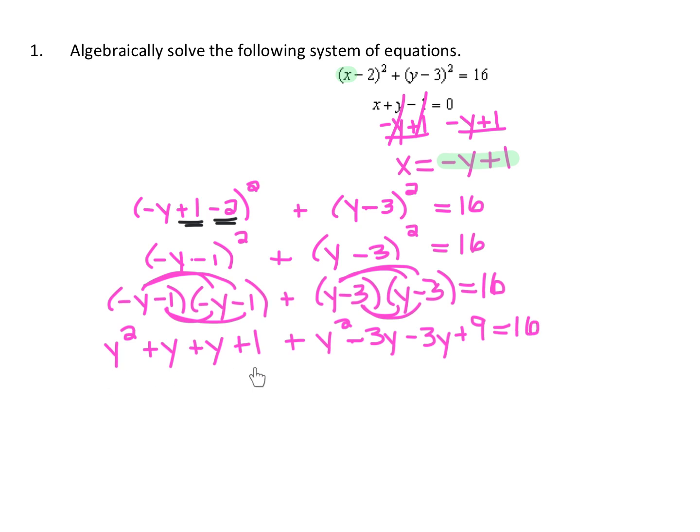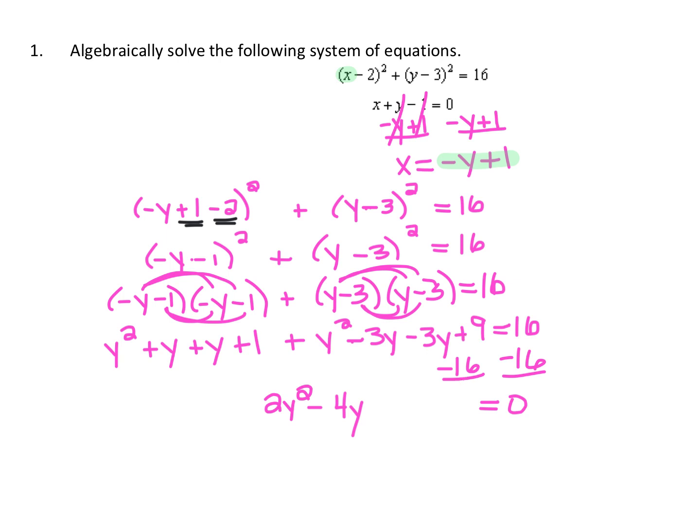Now, I know I have to combine like terms over here, and I also have to get this side of the equation set equal to 0. So why don't we do that all at once? Let's subtract the 16 from both sides of the equation. That way the right side of the equation equals 0. And when I combine my like terms, y squared plus y squared would be 2y squared. All right, we have a positive y, a negative 3y, and a negative 3y. So if we have negative 6y, and we want to add 2y to that, that would be negative 4y. And then our numbers, we have a 1 plus 9, which is 10, and